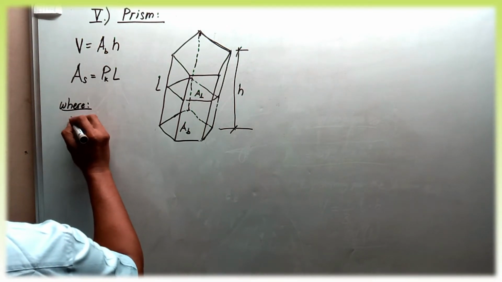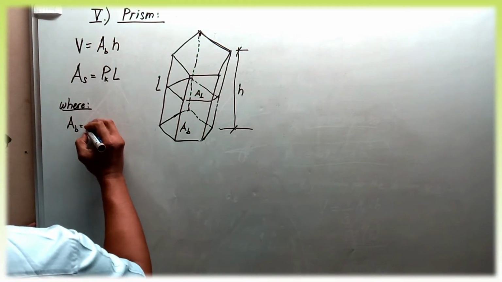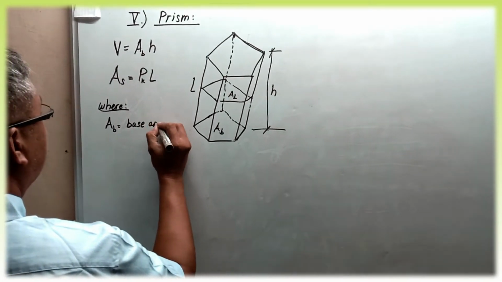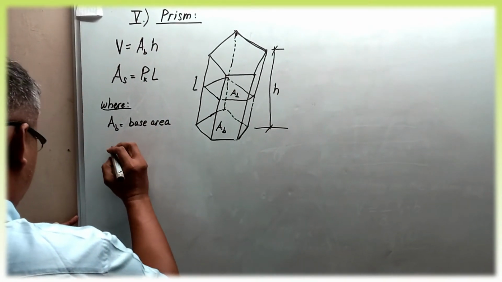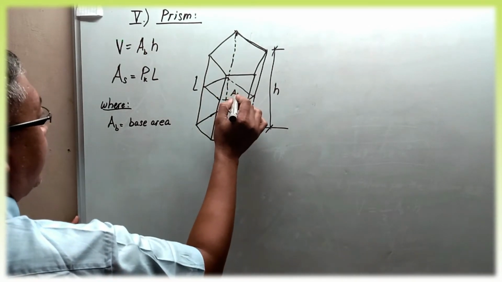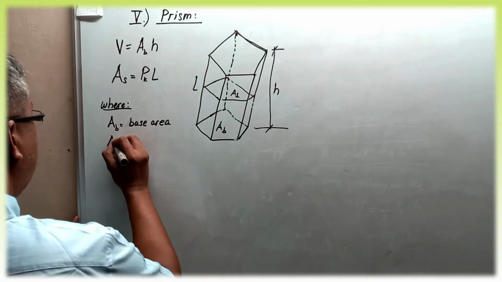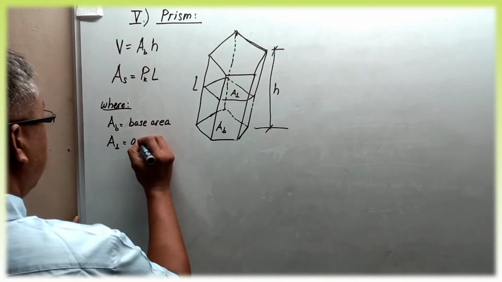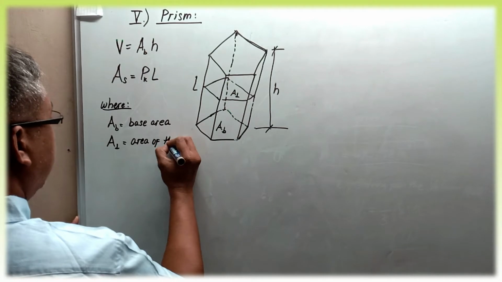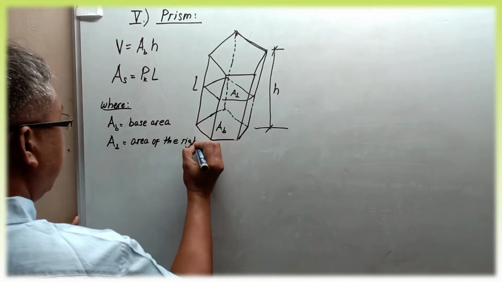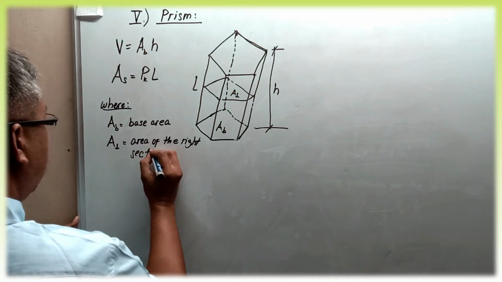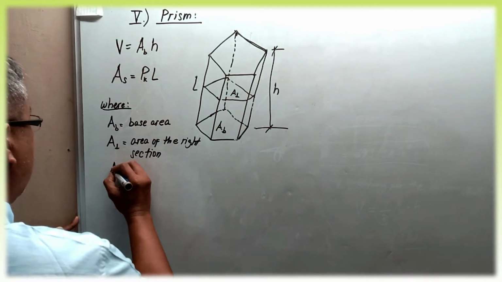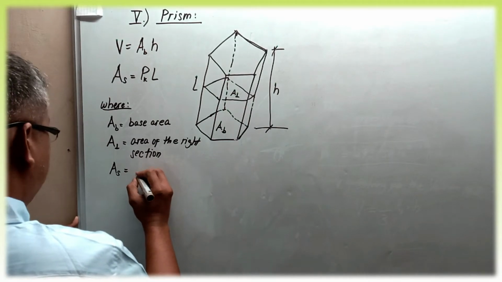A_B is equal to the area of the base or base area, okay, and then this one, the area of this particular section, A perpendicular, is equal to the area of the right section, and A_S is equal to surface area,